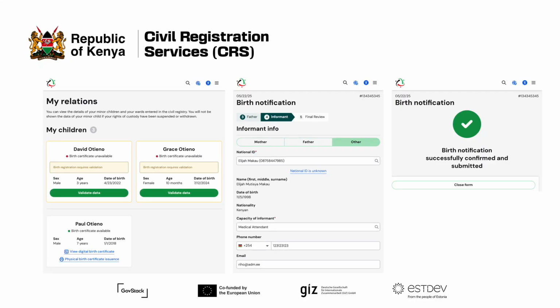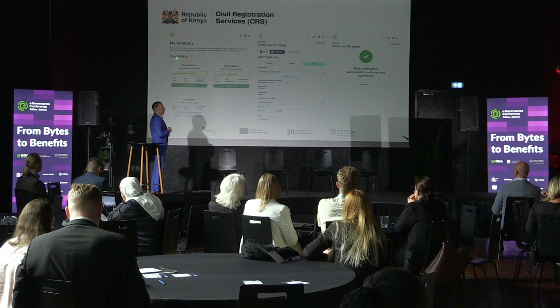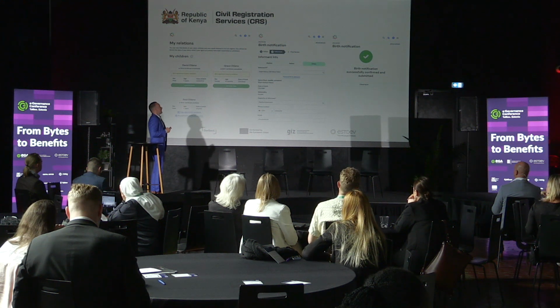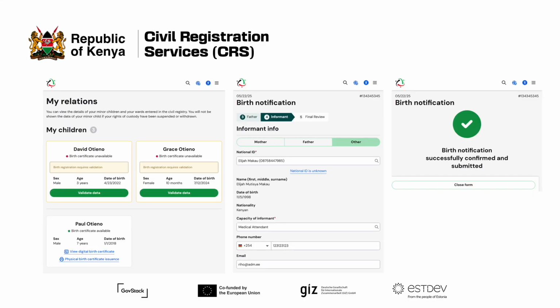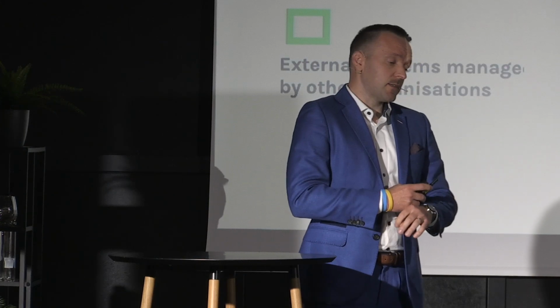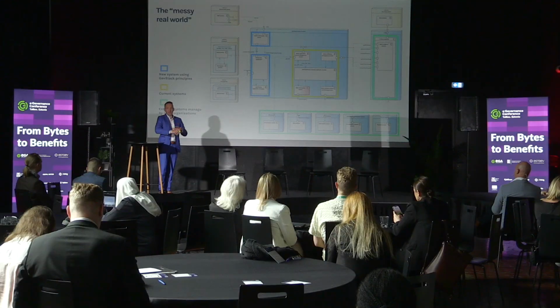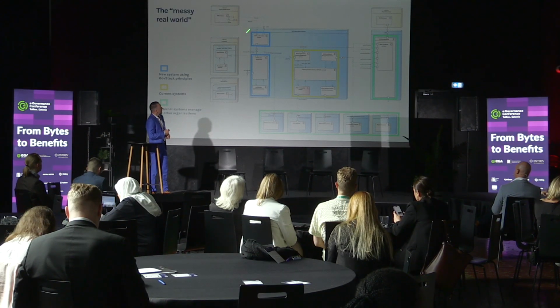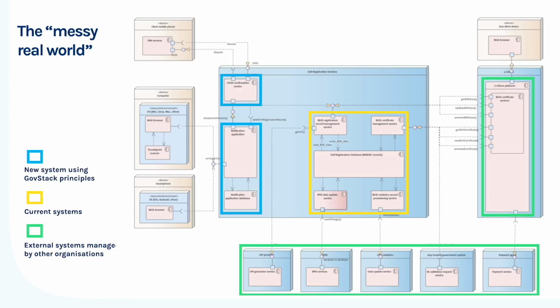In the end, from our analysis, we want it to look something like this: the user can go to their citizen portal and see what births have been registered. There is a solution for how doctors or midwives, or whoever is registering the birth, can register it, and how this is done in a secure way when there is no centralized identification management and centralized data interoperability layer. Because it's nice if we have centralized systems there, but if we don't, then actually what we discovered, one of the biggest,